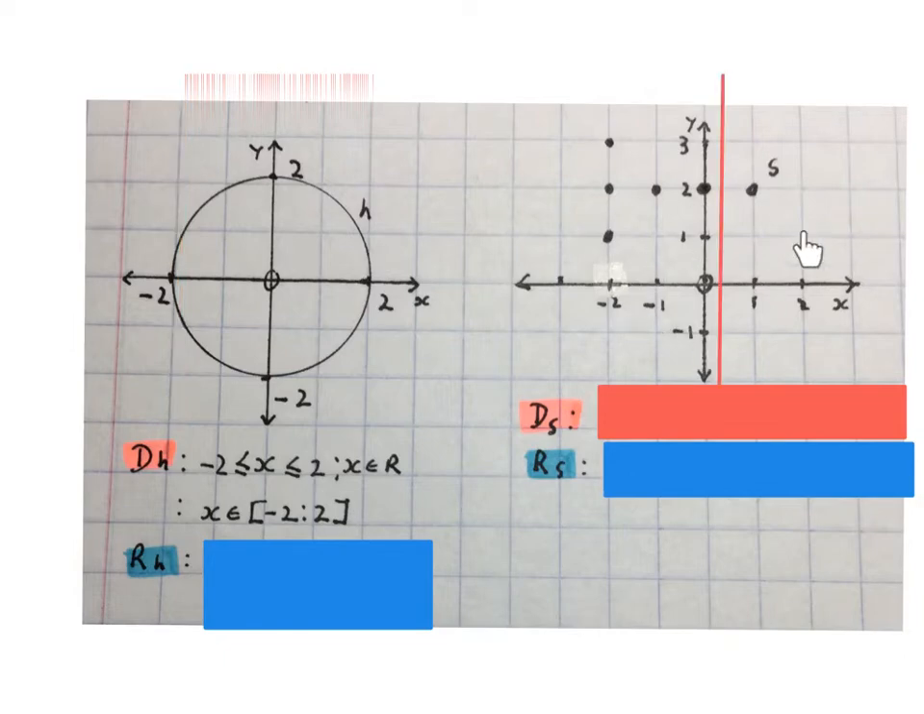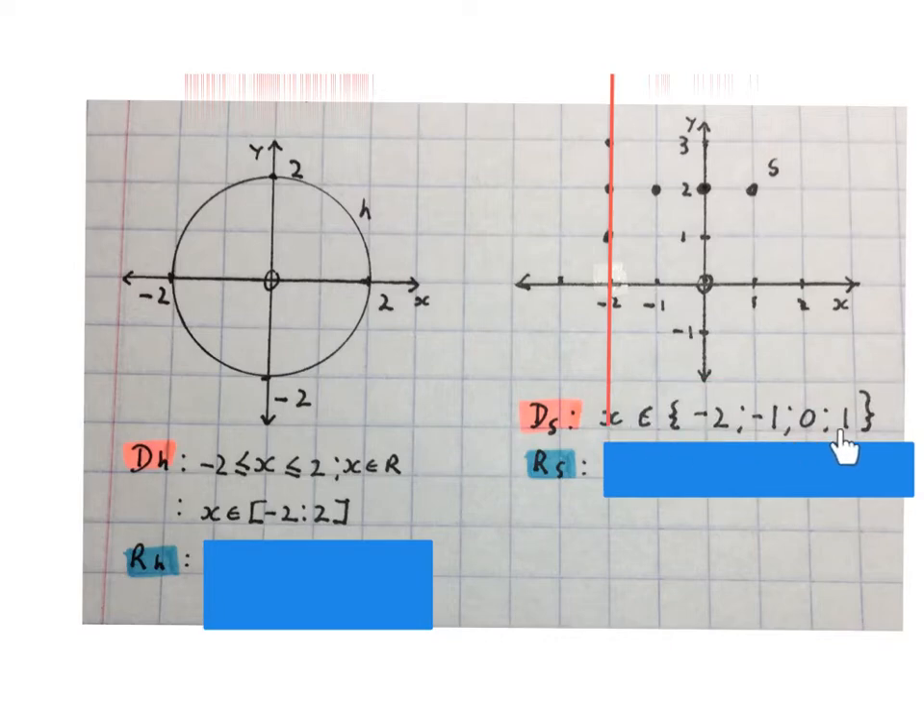If we want to do the domain of the graph S on this side, there's only loose dots. So we move the line until we get onto those dots. You'll cut the graph where x is 1, x is 0, x is minus 1, and x is minus 2. There's only one way to write it, and that is this way: x is an element of